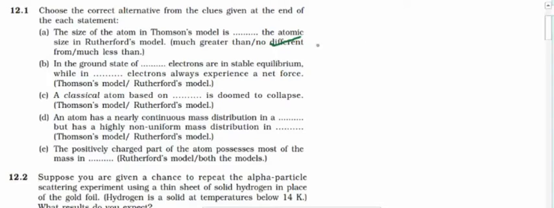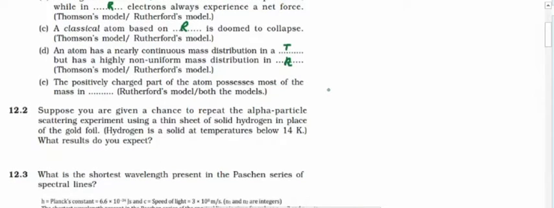In both the cases, it is believed that the electrostatic force between positive charges and negative charges, irrespective of the difference in the arrangements. In part B, in the ground state of Thomson's atom model, electrons are in stable equilibrium, while the electrons in Rutherford atom model experience a net force. That's the reason we need to consider the spiral path and the problem in explaining the stability of atom model, etc. Then, part C, a classical atom based on